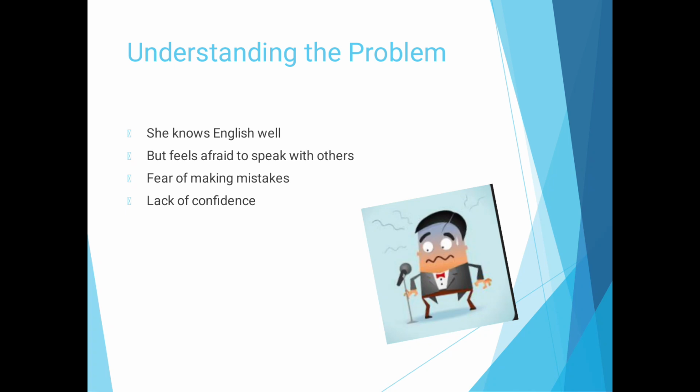The basic human tendency. We are afraid to do new things, to try something new. Why? Because we are often afraid that we will make some mistake in it. And lots of worries. What if she says something wrong? What if she says something that might embarrass her in front of others? So this PPT would be a step-by-step solution where I can help her to improve her English.